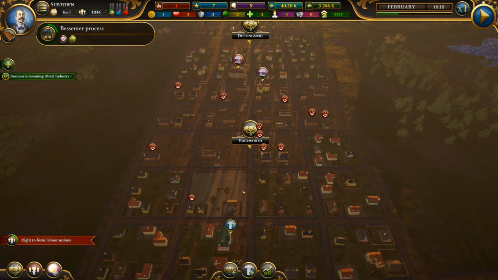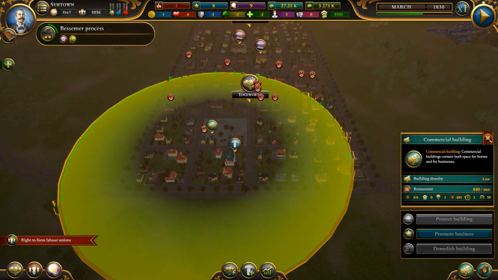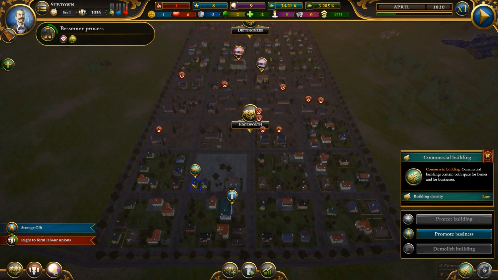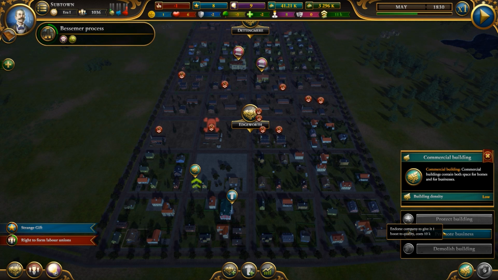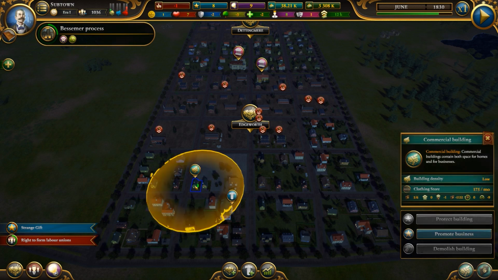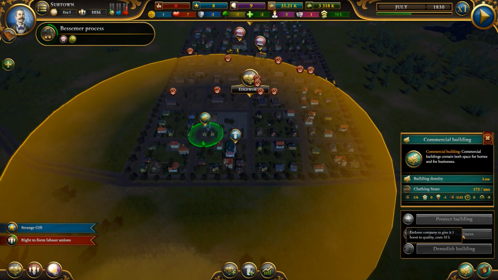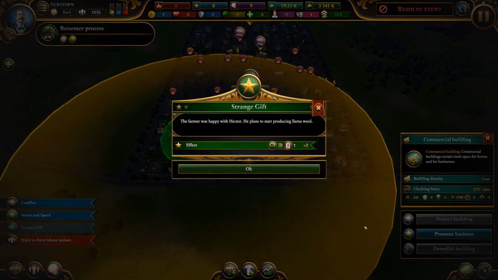So, a golden future, they say. Alright, let's promote this business to the max, and it is done. Now let's look at this business here. Okay, it's a commercial, it's a clothing store. Always keep on doing that, and that brings us to 11k, but you can see our industry is not doing that great. A strange gift, we give that to a local farmer,